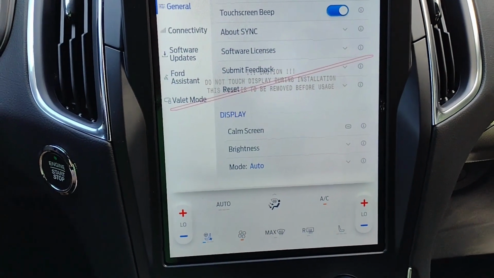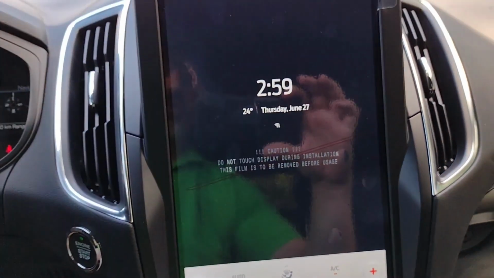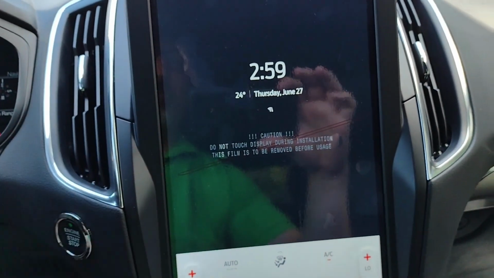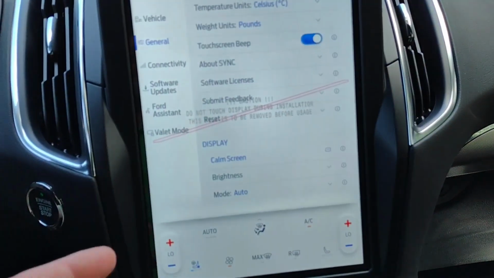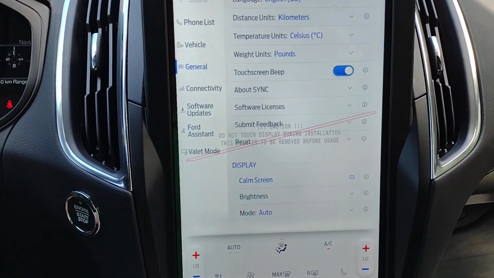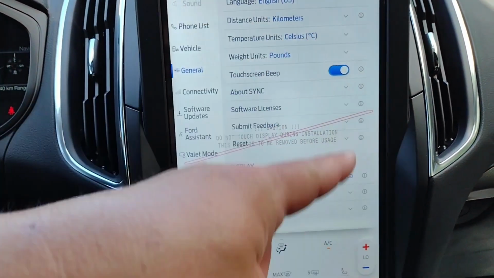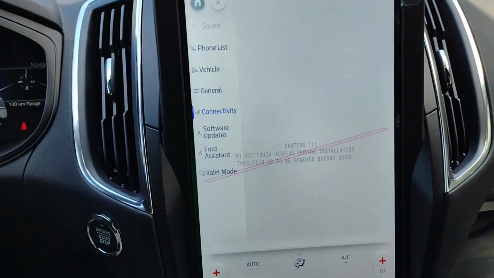Then we've got display. The comm screen, when you tap that one, as you can see, shuts off most of the screen so it's not distracting. Touch it again and it brings your screen back. So it's all pretty intuitive, very easy to use, and a lot of those things you just have to set up once. In terms of connectivity,